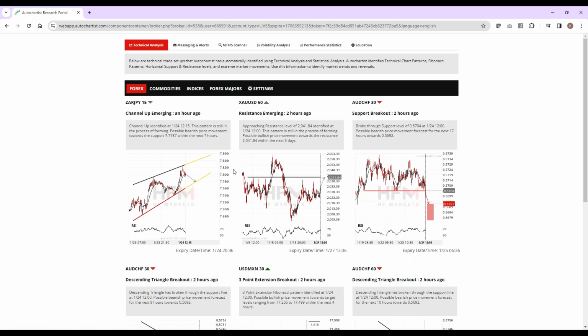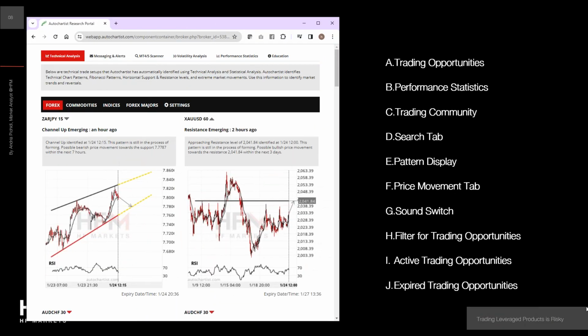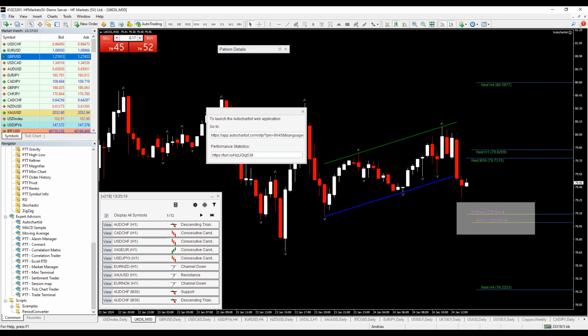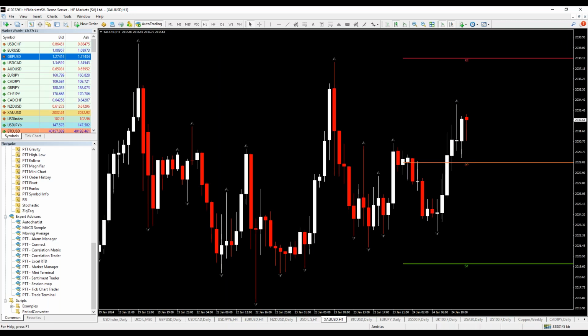So actually there is one in the 1 hour time frame, an emerging one, approaching a resistance level of 2041, identified today an hour and a half ago. This pattern is still in the process of forming, possible bullish price movement towards resistance. Let's see. Let's put up gold. Here it's my gold. Let's put it in the 1 hour chart. What the signal is telling us